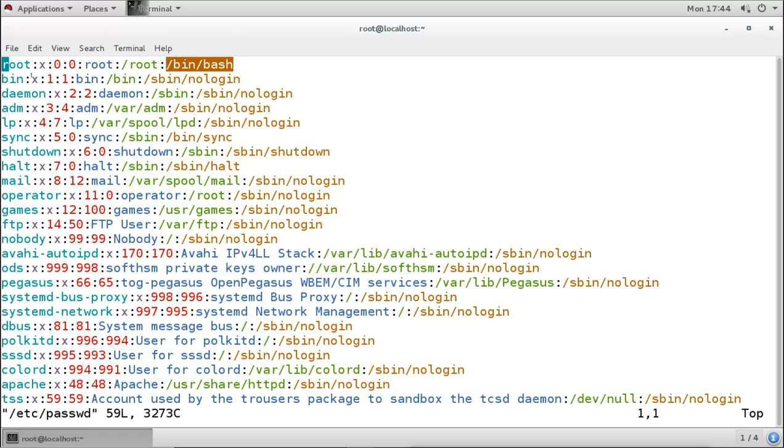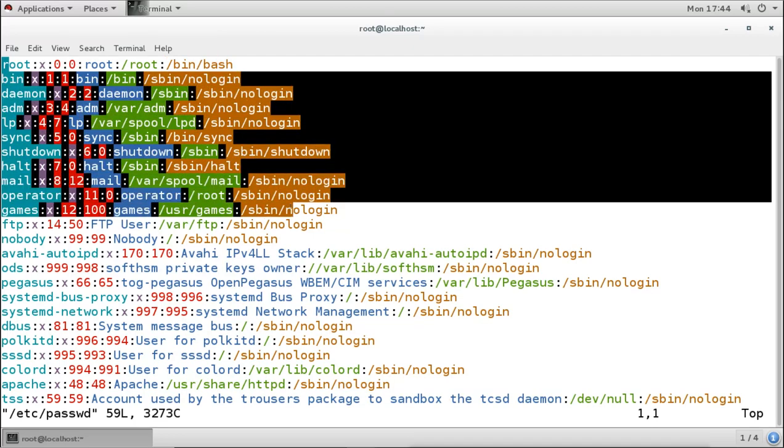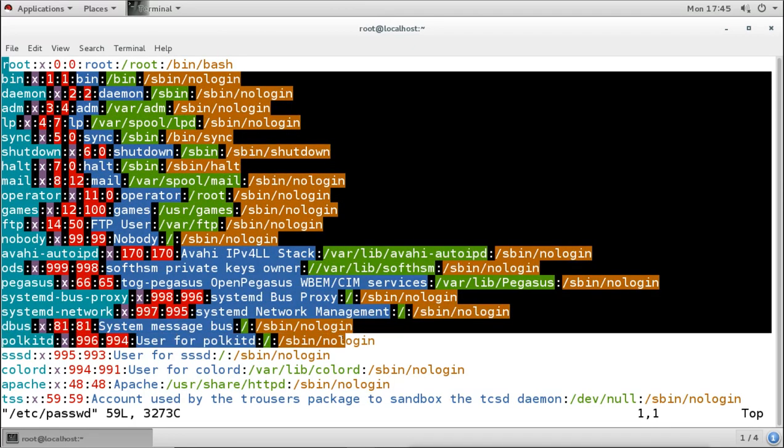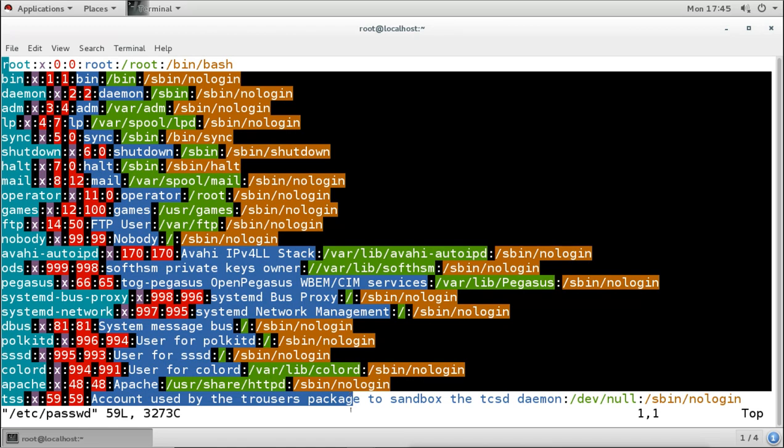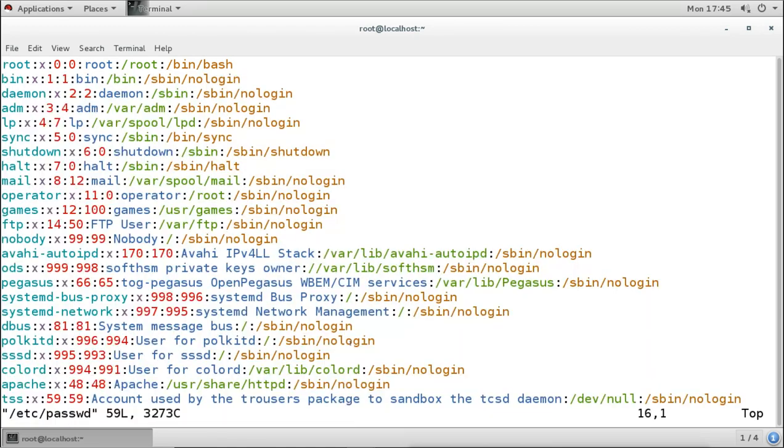Now these are the system user accounts. You can see these are all system user accounts. According to the services, these accounts are there. For example, here we can see the Apache user. This user handles the web services. We have the FTP user which handles the FTP services. Then we have the other users, and they have their own UID, GID, the reserved field, the comment and other information.